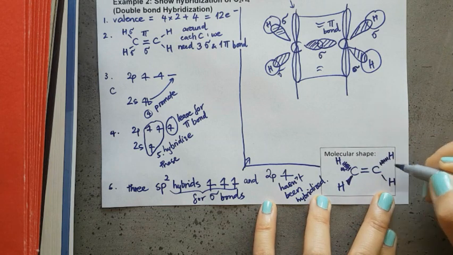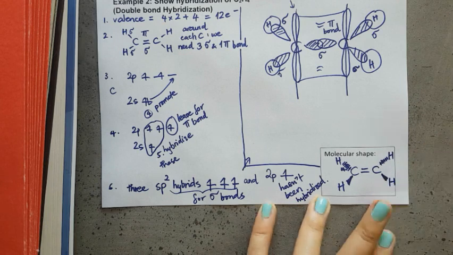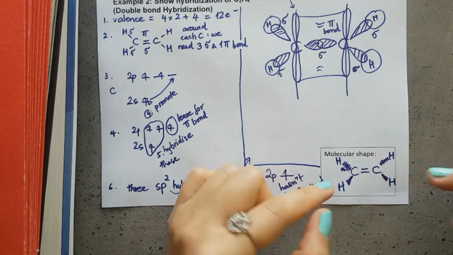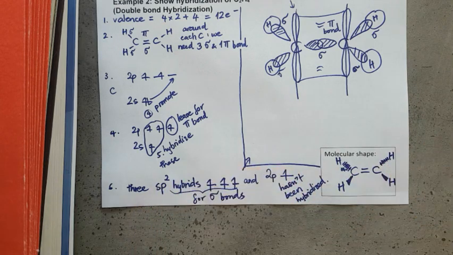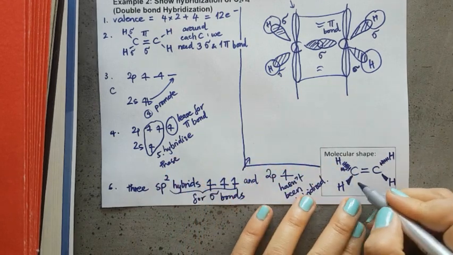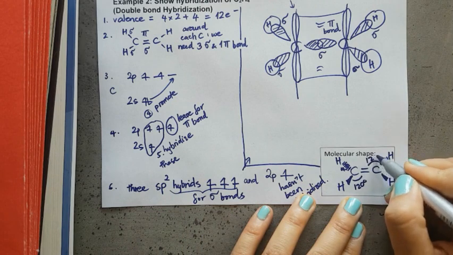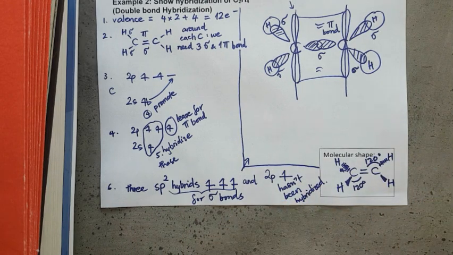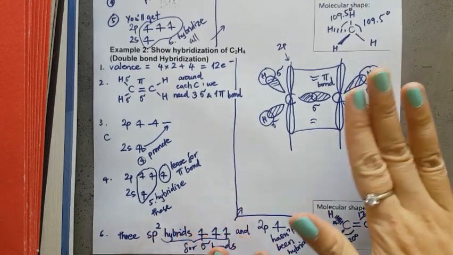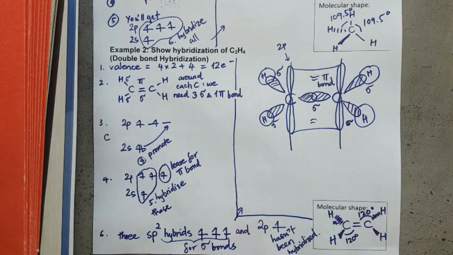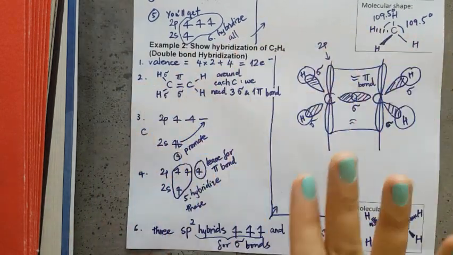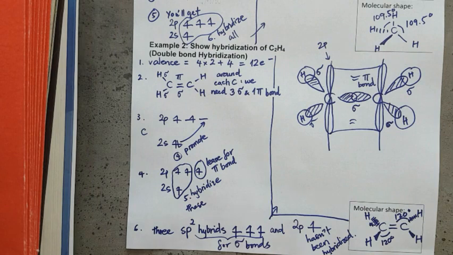This is your dash, and that is your wedge, just to show this perspective, right? These two hydrogens coming at you, and the other two hydrogens coming away from you. And what's the bond angle here, guys? 120. This, 120, 120 all around, basically, okay? So have a look again at this picture, and I hope that you can apply this to the next one,